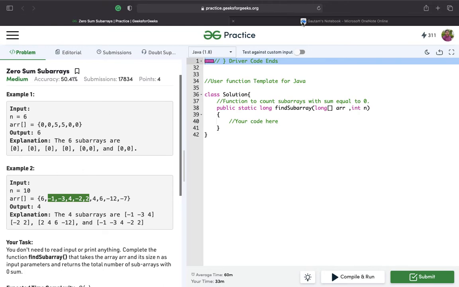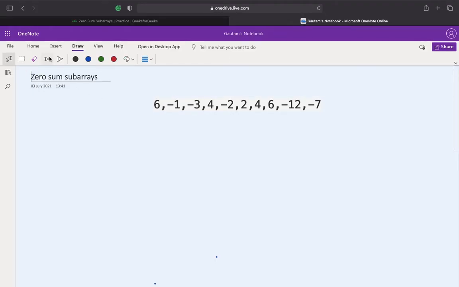Let's take a look at how we're going to solve this. A nice solution is to solve this using two loops. These two loops will help us get all the possible subarrays in this whole array, and we'll count the sum of each subarray by making a variable sum, and if the sum at any point becomes 0, we'll increment the result. So the time complexity for this solution will be big O of n square.